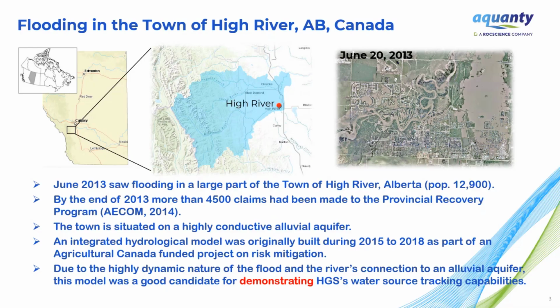And this project was born from an application of looking at hydrologic risk, and it was funded by Agriculture Canada. It had actually multiple aspects to it, all the way from drought through to flood, and this was on the flood application side. The model itself was built starting in 2015 through 2018, and it was originally built as a standard